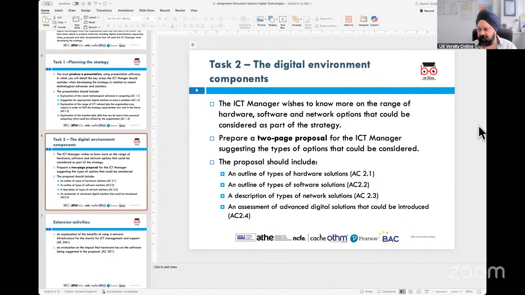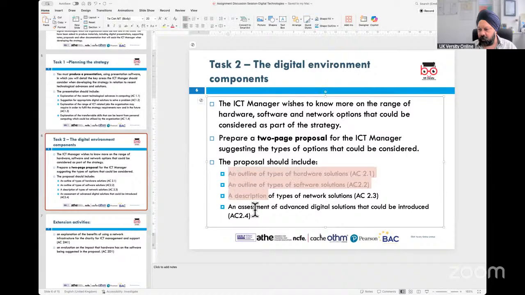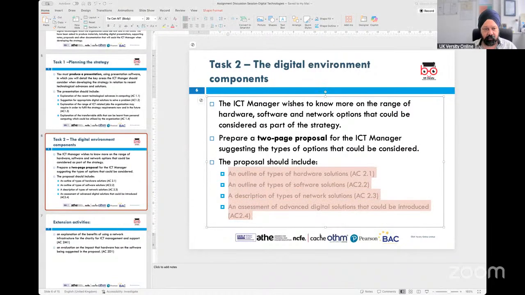That is the same Word document that I created earlier. And in that Word document, what I'm going to do is go into task 2, copy the tasks as they are, and put them into the Word document. And then I would create a bit of evidence in terms of how I would outline these types of hardware solutions. Now, if I take some clue from how it has been recommended, from the point of view of,